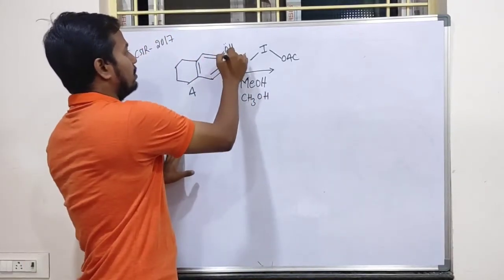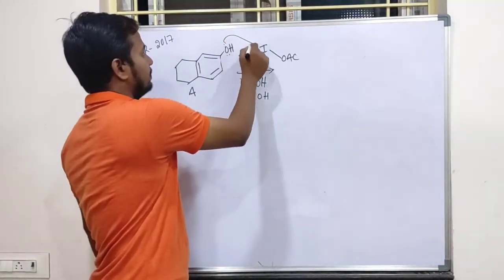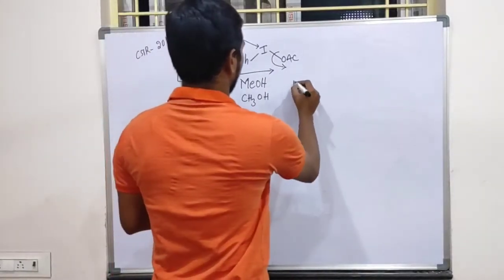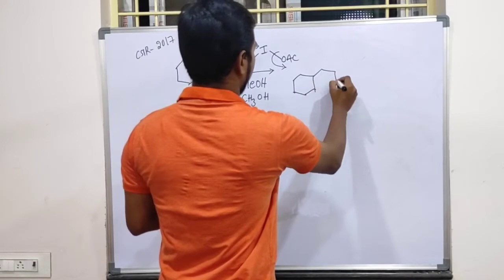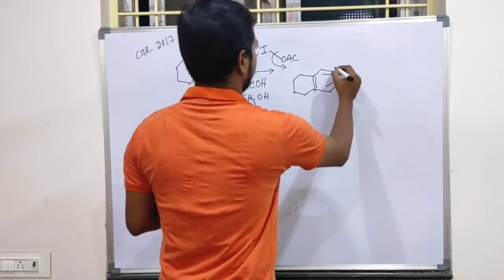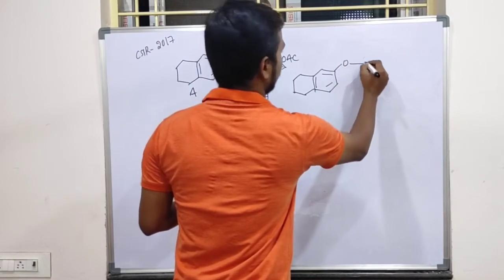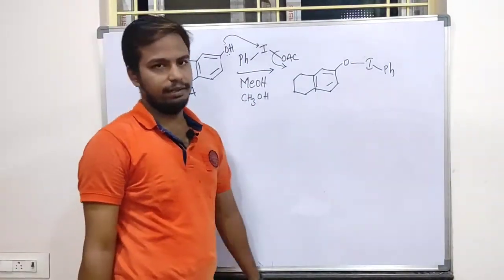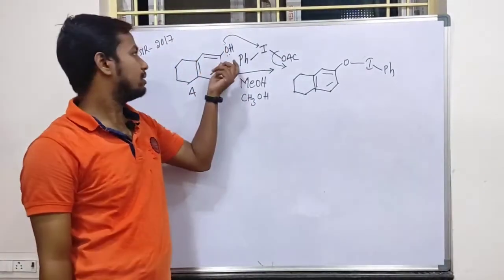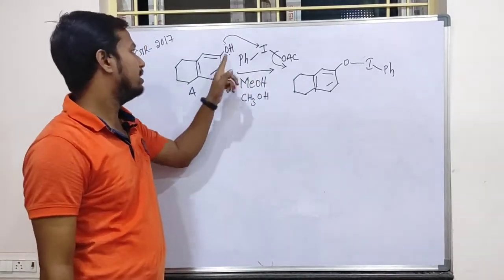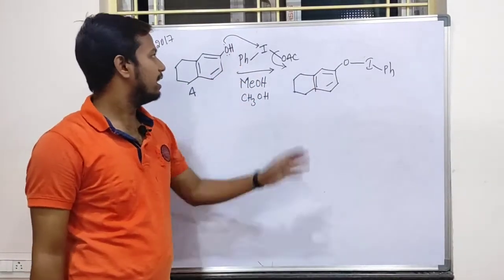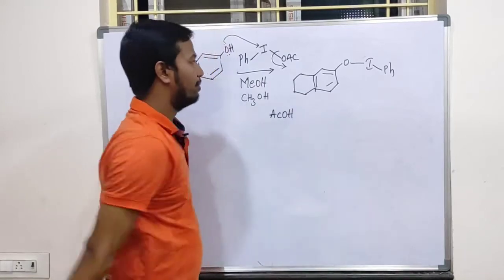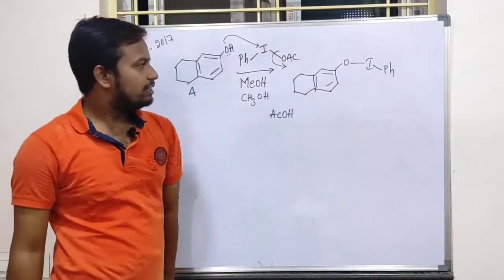This lone pair on oxygen will attack the iodine, thereby OAc will be the leaving group. And the product obtained here is O bond I bond Ph. This is the product we have obtained. Okay, so oxygen will donate electrons, in turn a positive charge is generated, and the hydrogen there will neutralize that and the proton will be eliminated. So the byproduct is AcOH. So see, this is the intermediate we got.